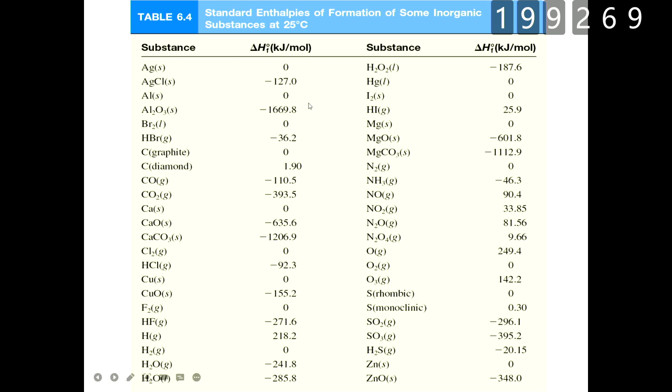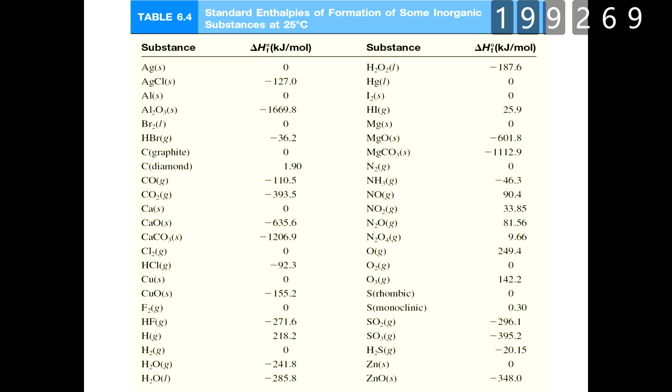So we can find the standard enthalpy of formation of all substances from a book. This is just one table. You can find the standard enthalpy of formation of other substances. Some are 0, some are